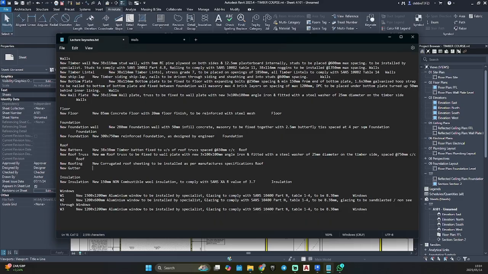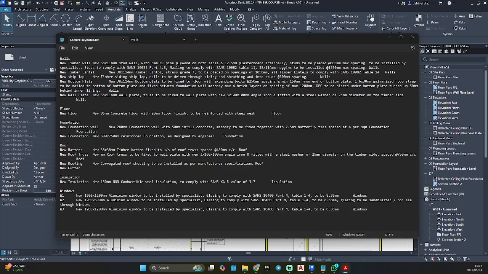I'm not gonna go into roof square meterage calculation to determine what size of gutter you need to use, because that sometimes takes a while to do.